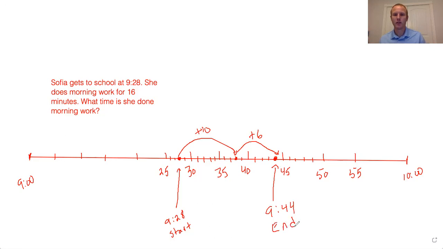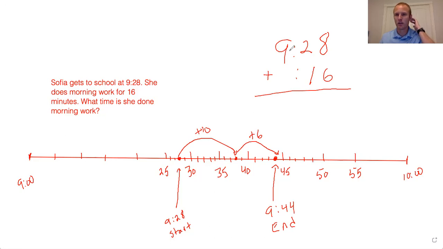Now, like I did last time, I'm going to show you another strategy, and that is taking the starting time, 9:28, and adding 16 minutes to it. You can think of this like place value: this is the hours, this is the groups of 10 minutes, and this is the 1 minute. So this isn't hundreds, like it would be in an addition